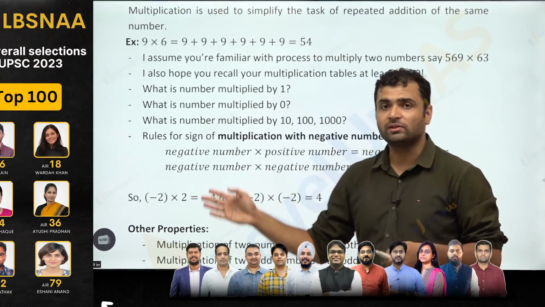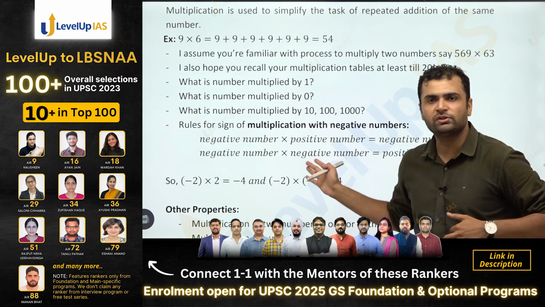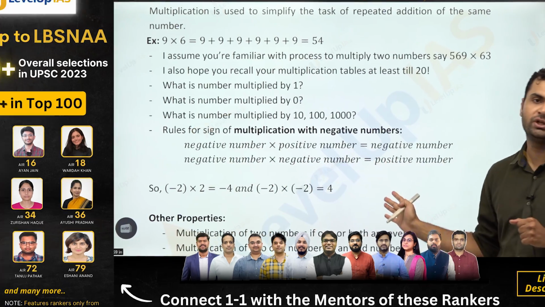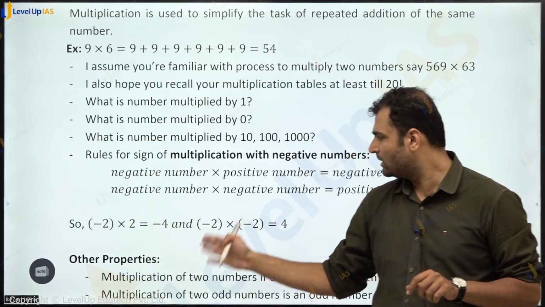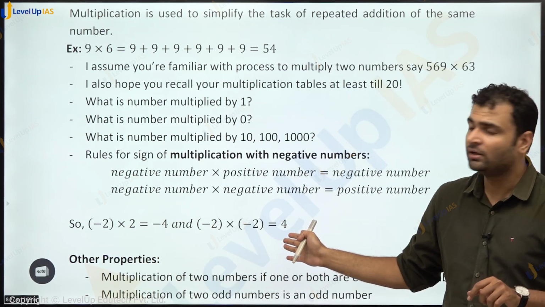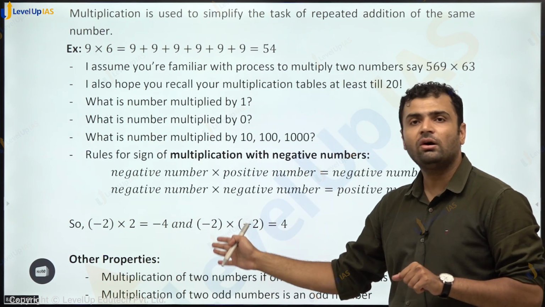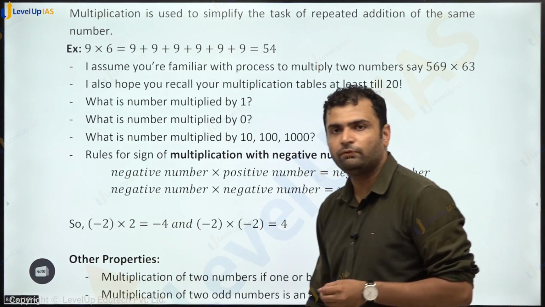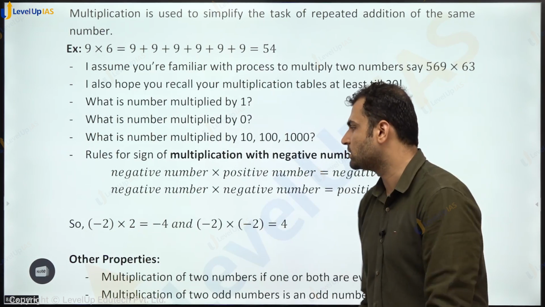Multiplying with negative numbers, again I hope you are familiar with this. Let us revise it quickly. Negative into positive is a negative number, negative into negative is a positive number. That is something we have to remember. For example, -2 into 2 is -4, and -2 into -2 is 4. Because of this, the square of 2 is 4, and the square of -2 is also 4. So the square root of 4 is both +2 and -2 if you are talking about integers, right?